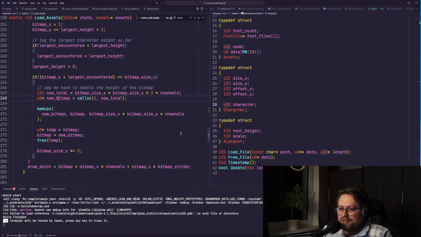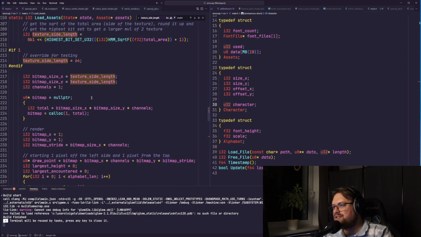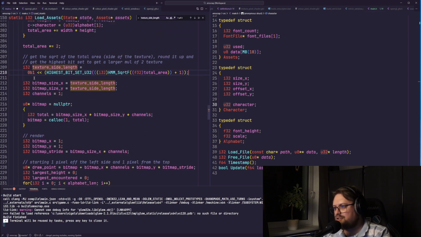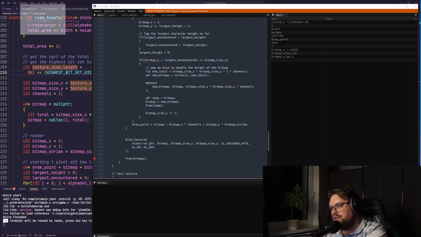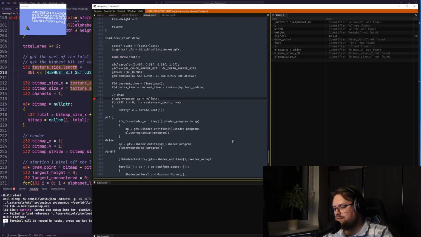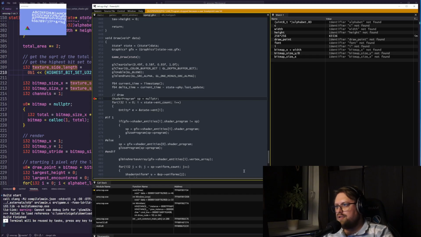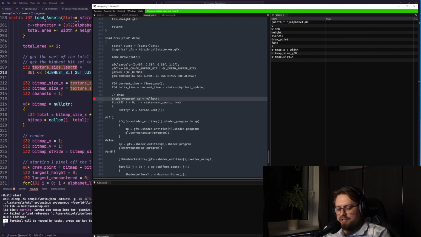It doesn't really matter that it's copying the memory because the memory is 100 kilobytes anyway, at least for this size. But that shouldn't even trigger at all. I just overrode that for testing. So yeah, now we are creating the texture. It's time to try to draw it. Now, whenever I draw it,